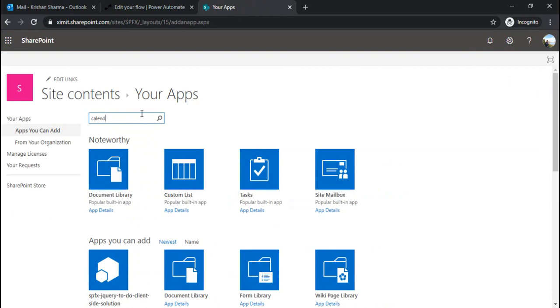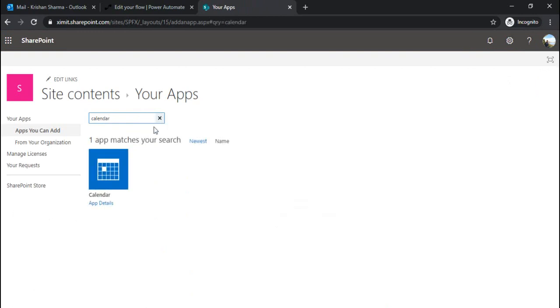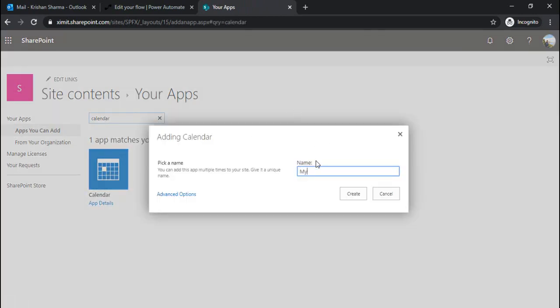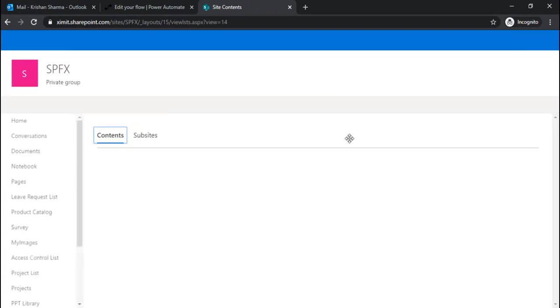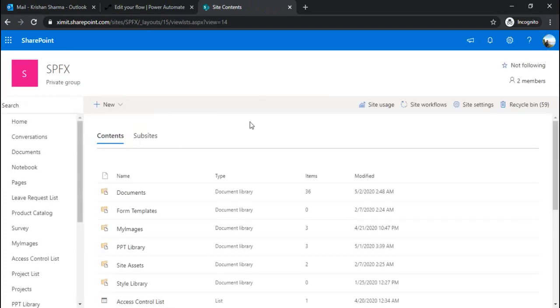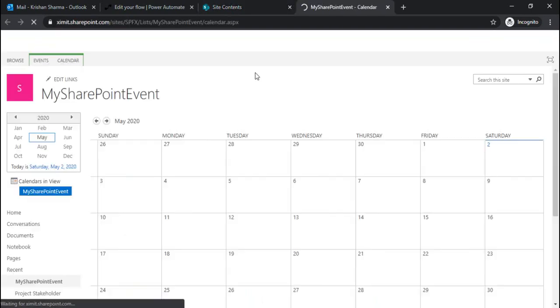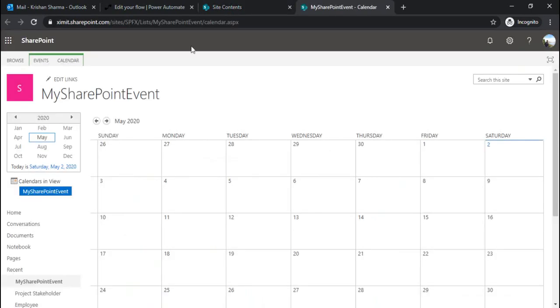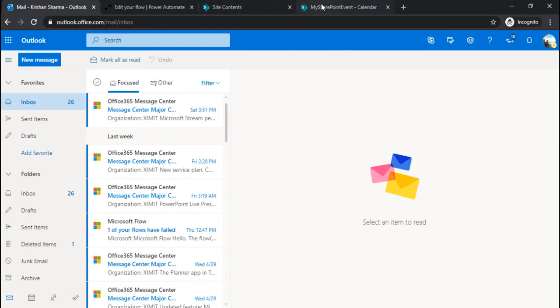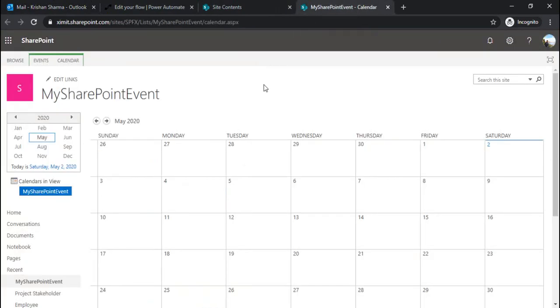I'm just going to add an app and select calendar. I'll create my SharePoint event, that is a calendar list. In this calendar list, when I create any event, that event should be available in my Outlook, and that event should be sent out to all the attendees. For that I will be using Power Automate.